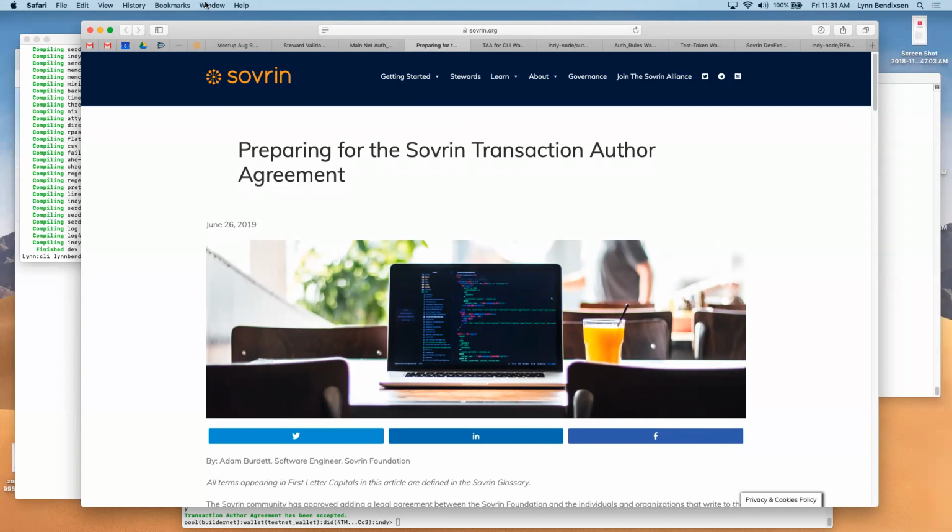And that is actually placed on the ledger with a digest. And so every author who wants to write to our ledger has to agree to this and append to their transactions a declaration of accepting this license. The list of accepted mechanisms are also on the ledger. And so an end user has to use one of the accepted acceptance mechanisms.